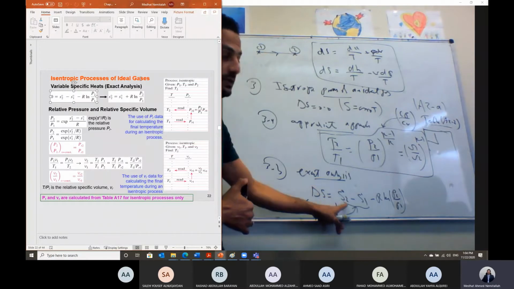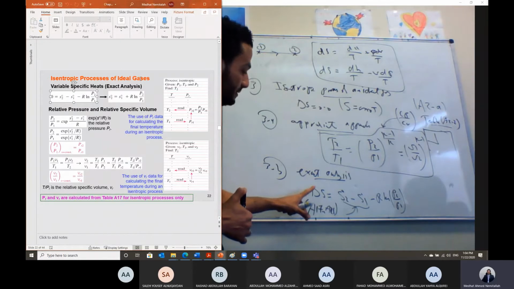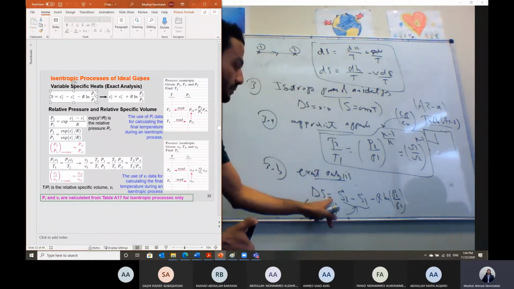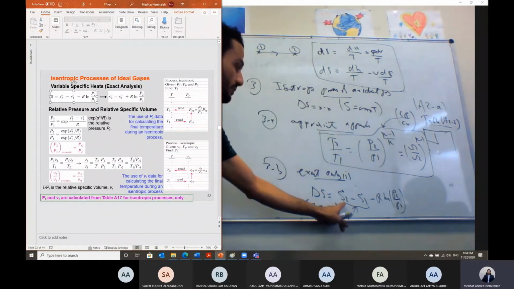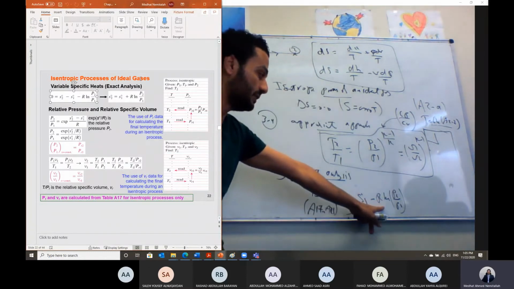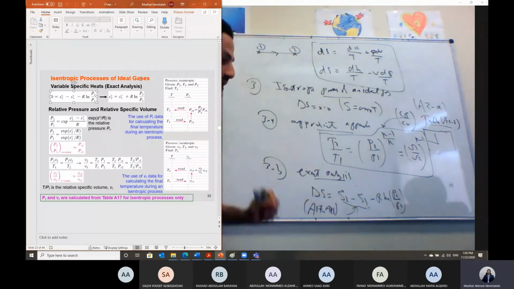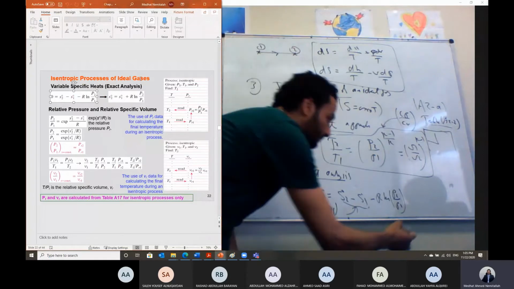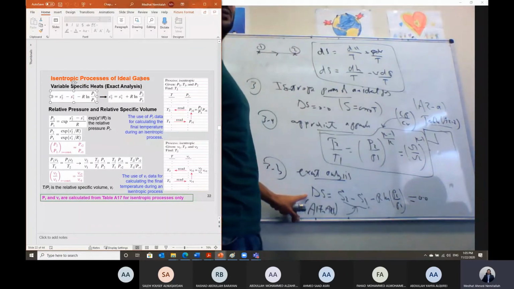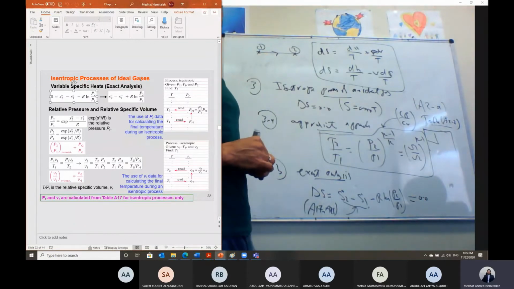We have proved that when an ideal gas undergoes a process from an initial state to a final state, this is how we can calculate delta S. Those values are from the tables. Then we have to add the pressure-dependent term, minus R ln P2 over P1, and then we can calculate delta S. But if we have an ideal gas undergoing an isentropic process following the variable specific heat analysis, or what we call the exact analysis,